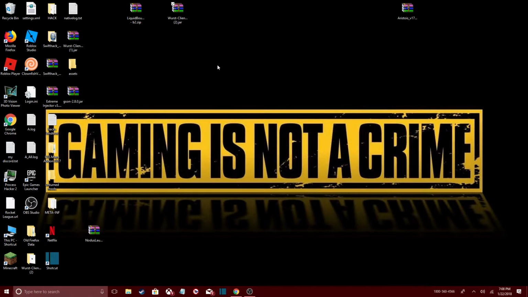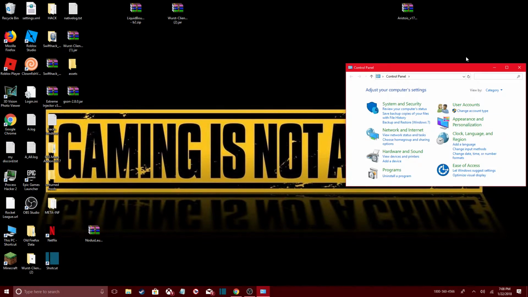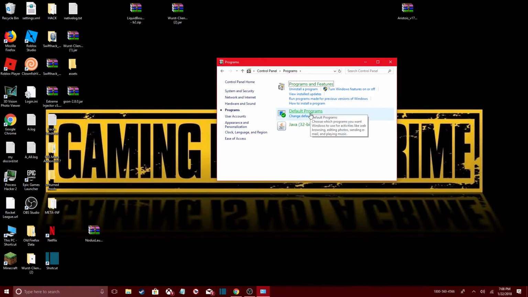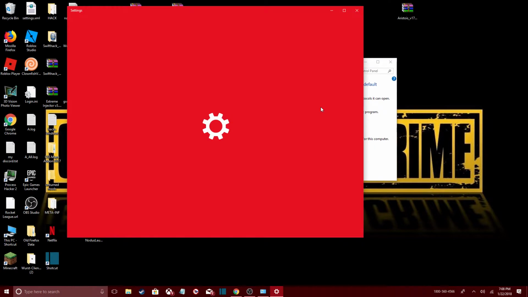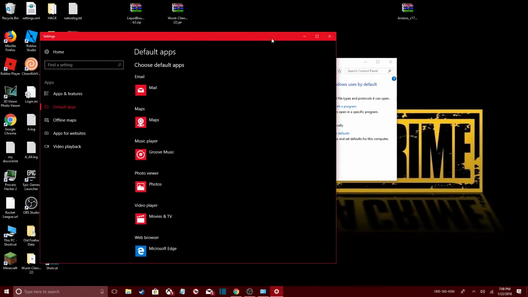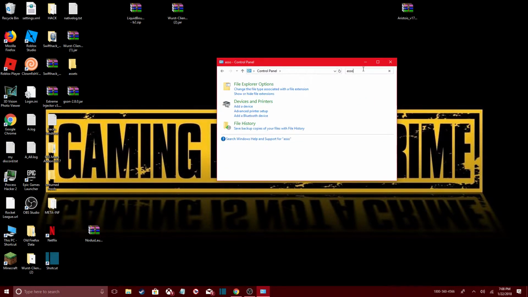Okay, so first go to your control panel. So just type in control panel, and then go down to programs, then default programs, and then associate a file type. And then if this pops up, you don't want this. So if this pops up, just exit out of that, go to the search control panel, and just type in associate